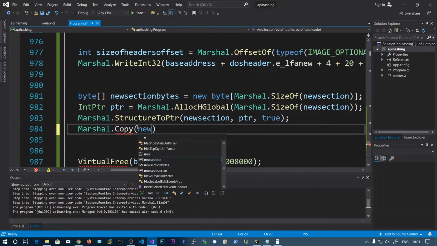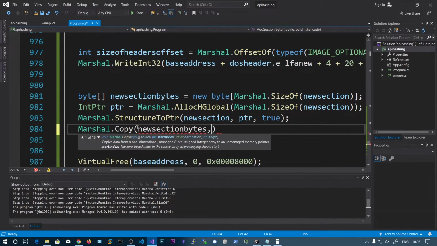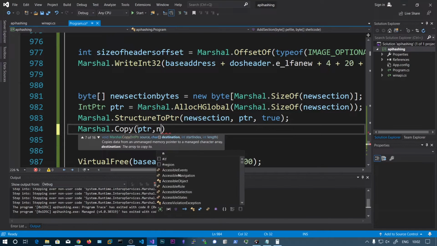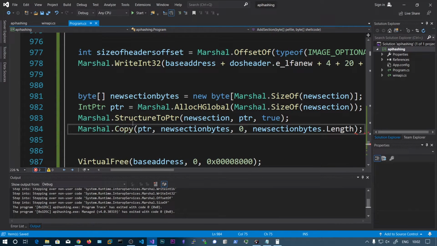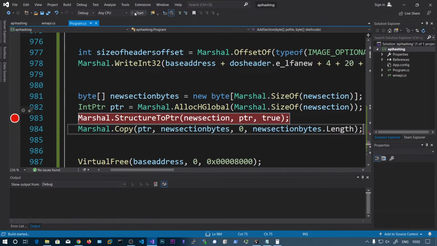We can copy into this new section bytes. Sorry, first one is pointer and the next one is new section bytes, start index, and the length is new section bytes dot length. So let's put a breakpoint and let's run this